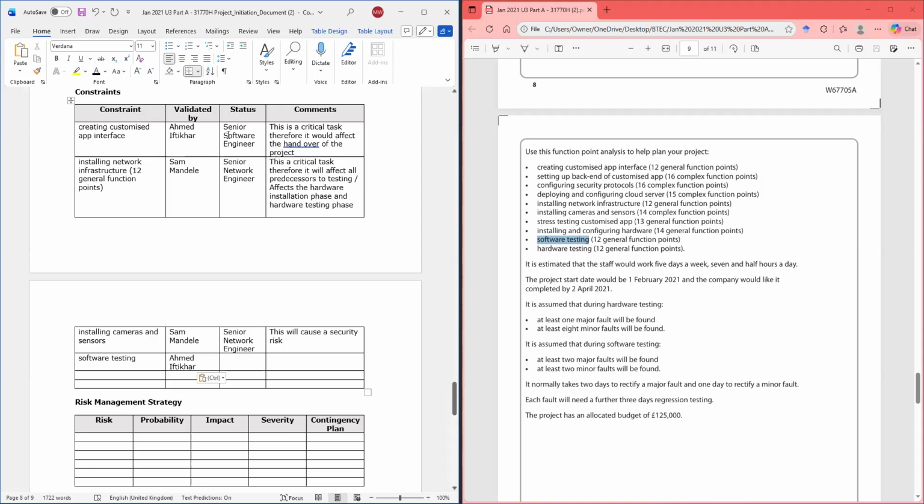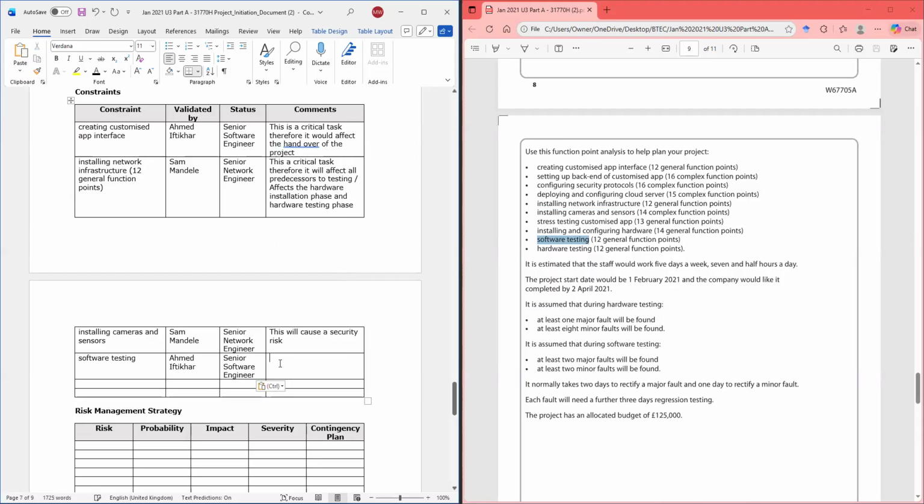This guy is a senior software engineer. So if we don't test the software, it can impact it by having bugs. Software may not work due to bugs.